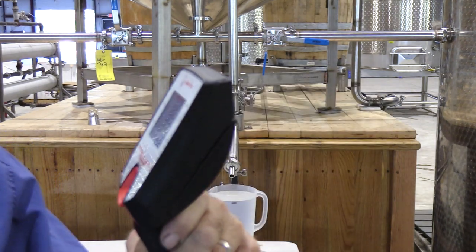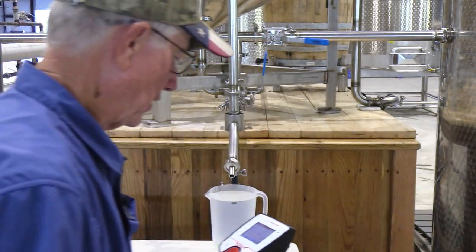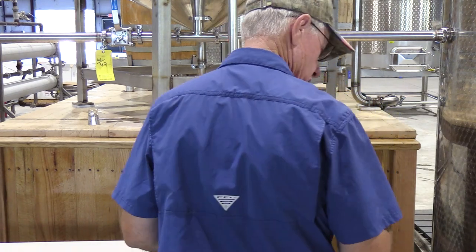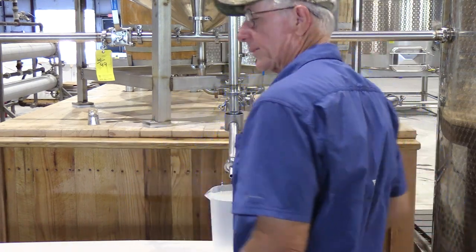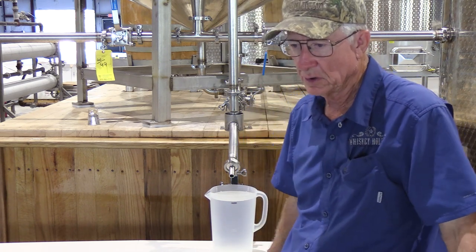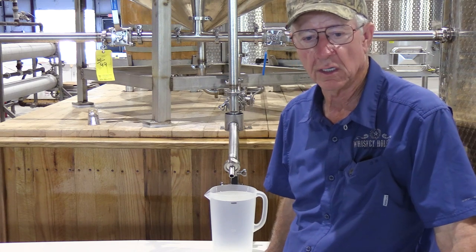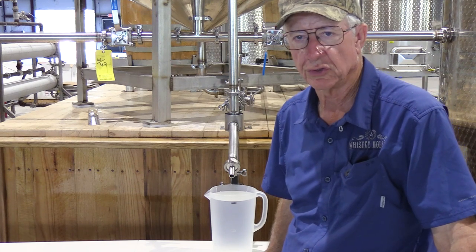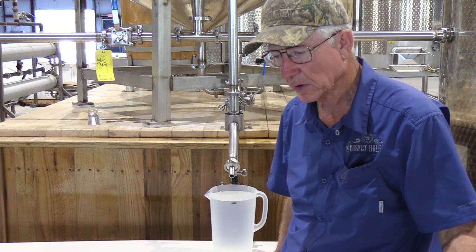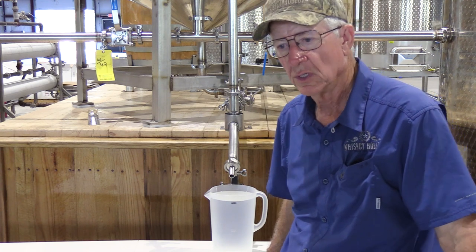176.39. Somewhere in that neighborhood. Call it 176. Excellent run so far. Perfect proof for clean, flavored moonshines. The high proof out there will allow me to put a lot of natural juices in it and increase the flavor of the moonshine while cleaning it up, but not yet taking it to grain neutral spirits where